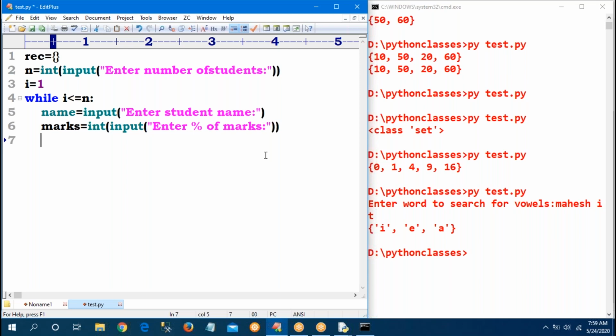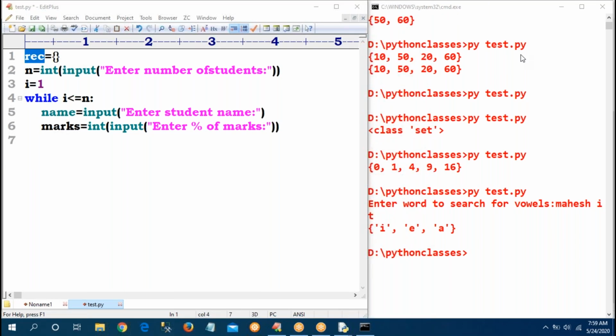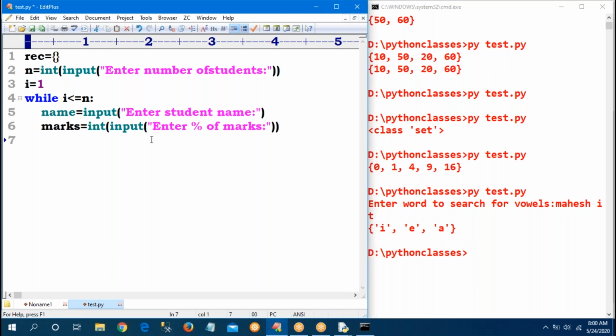Sir, add these values into record. What is the type of record? Dictionary, because empty curly braces are dictionary. In the dictionary, I want to add the data. How to add? REC of the key is name. Next marks. Just like I have given D of 100 Sunny, D of 200 Bunny, same like that.